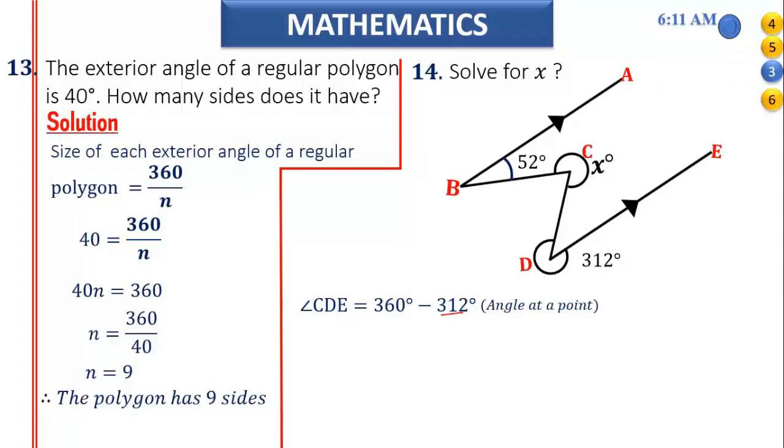From what you have there, that means this angle is 48 degrees. So we have our angle here to be 48 degrees. What's the next thing we can do? If you look at it very well, this line is parallel to this line. So you can draw another parallel line in the middle to pass through